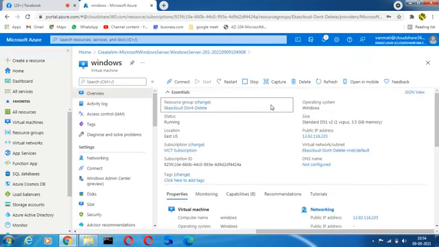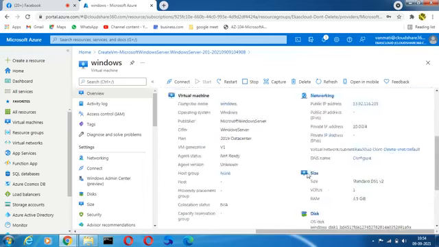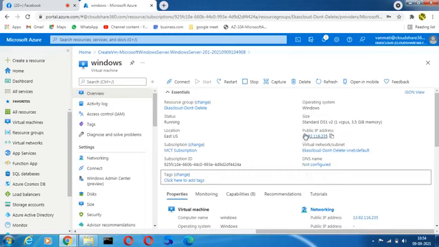It is in East US, in the resource group, subscription ID, and operating system, it is Windows, the size that we selected, and for the network we didn't configure any DNS name. These are all the configurations of the VM that we created now. Now here we must copy this public IP so that we can connect to the